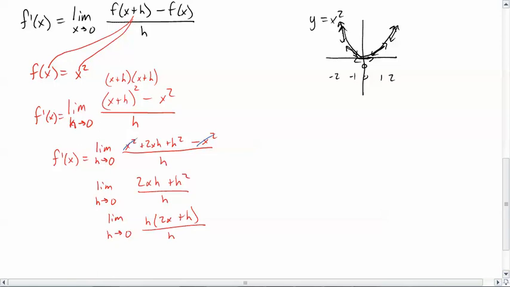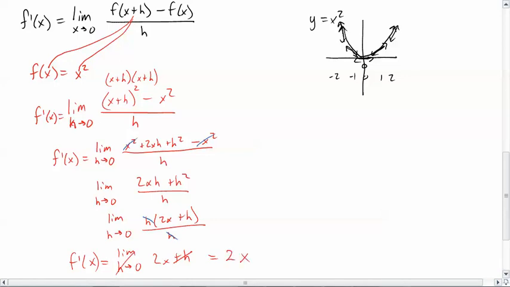You can now cancel out the h's, leaving us with the limit as h approaches 0 of 2x plus h. Now, of course, as h approaches 0, now I'm going to do the limit. That goes away. So the derivative of that function leaves us with